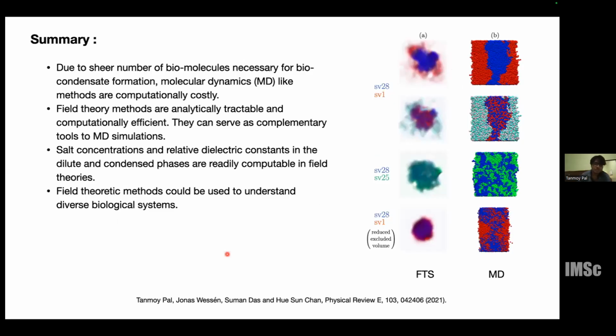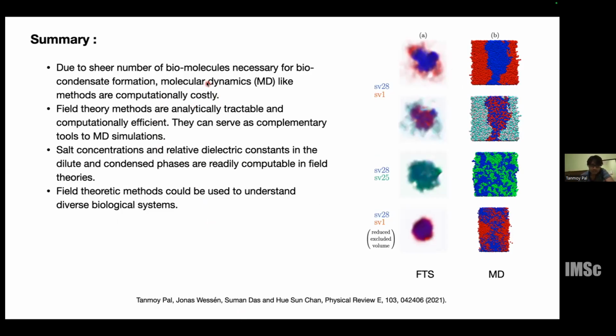So in summary, I just showed that with only electrostatics we can explain lots of biological situations. In the field theory setup, we have done some work with non-electrostatics also, but I haven't shown it here because of the time constraint. And the take-home message here is that